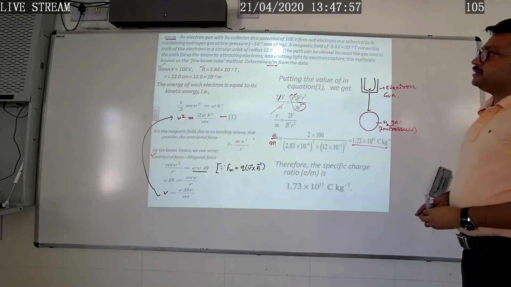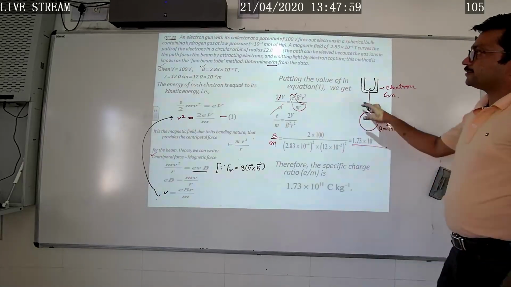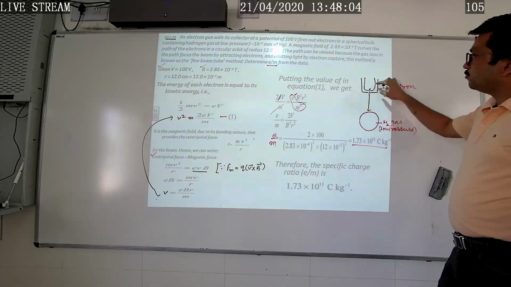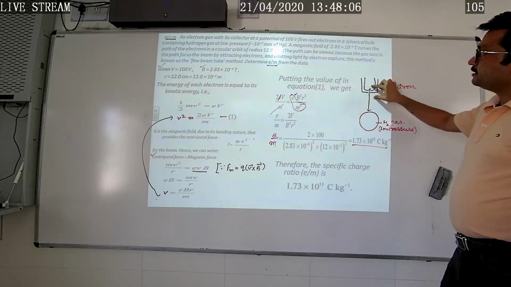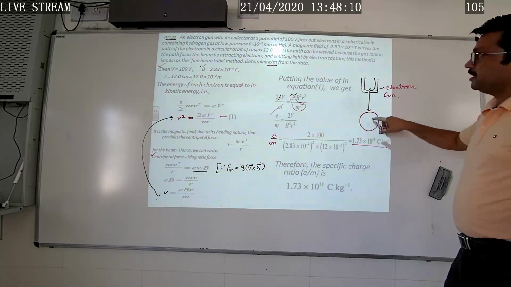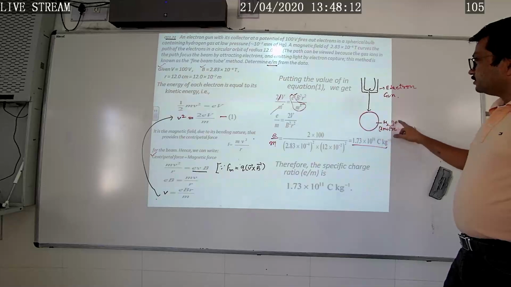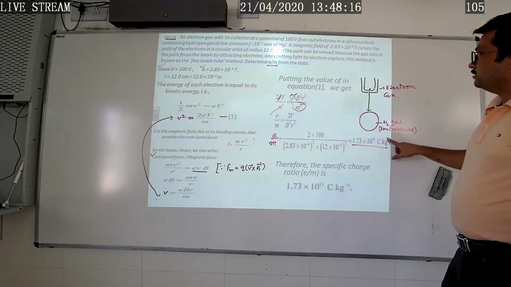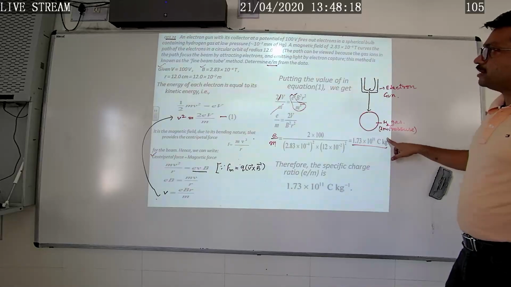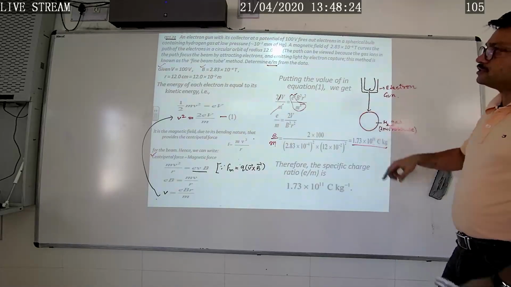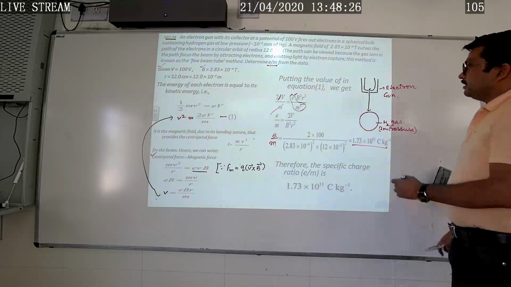An electron gun with its collector is maintained at a potential of 100 volt and fires out the electrons on a spherical bulb. This is a spherical bulb in which the hydrogen gas is maintained at low pressure. Now the magnetic field curves the path of the electron into a circular path of radius r. The path can be viewed because gas ions in the path focus the beam by attracting the electron.